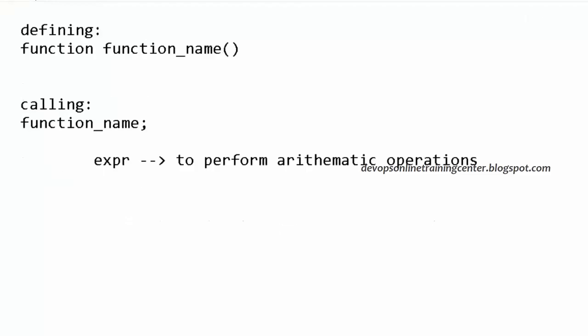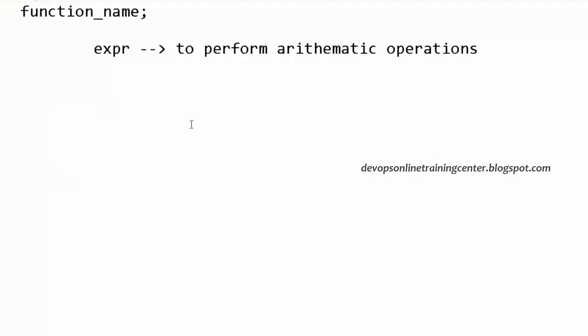So let us say I want to develop a menu, and I want to give the user an option to select something. You want to add two numbers, you want to subtract, or you want to multiply, or you want to perform a division. And if he enters any of them, I'll ask him to enter the numbers, right? So here I want to develop something like a menu wherein the user can select his input based on his choice. Then we want to process them. So how do we do that?